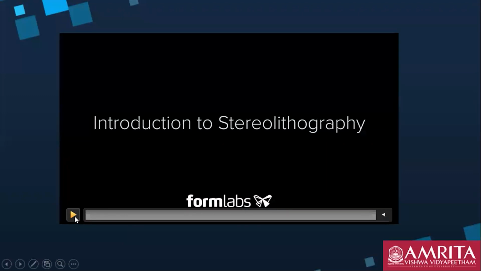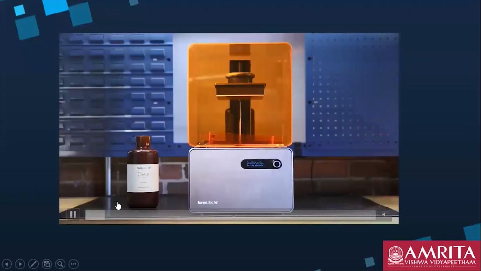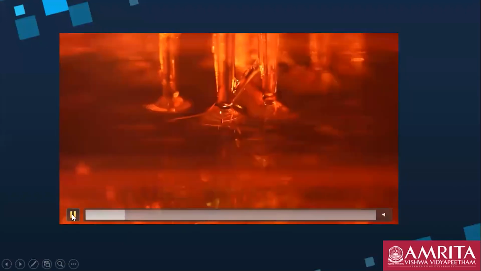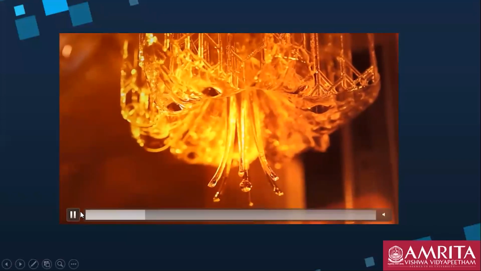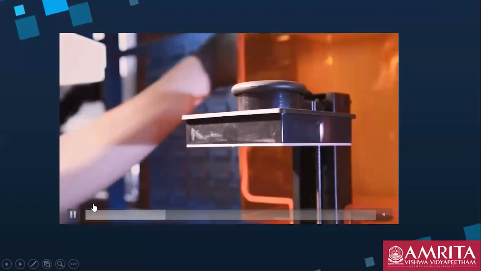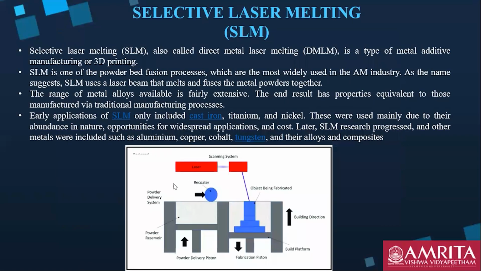So this is the machine from Formlabs. This is the 3D printer. Now, the tray you are seeing in front is where the resin is filled. They have opened the carriage of this.